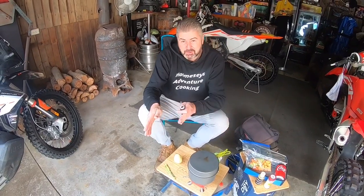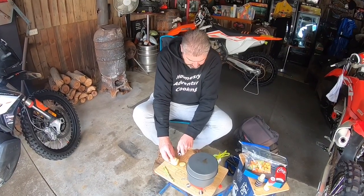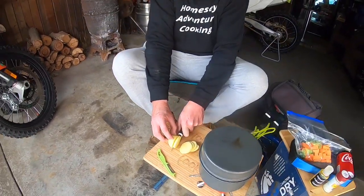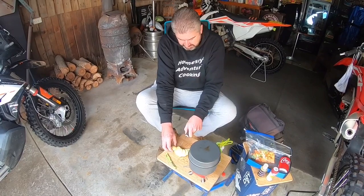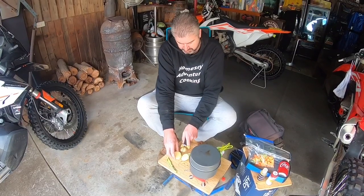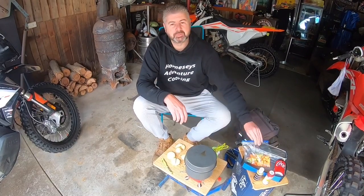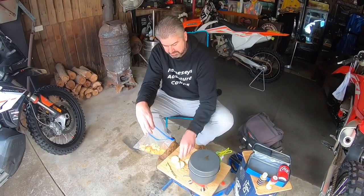I'm not really sure how I want it, whether I want to dice it or go into flats. What I might do is, because I want to cook quite quick, I think I'll just make some thin slices, because obviously we're not roasting it like we would if we were having a proper roast. We're frying it off, so the potatoes don't remain hard. I'll just make some mini chips, I guess. We'll chop that up. So as you can see, the idea's there. We'll see how it turns out, but this is not difficult at all. I would have chopped this up too, but it probably would have gone brown, I would imagine. So all as we do,